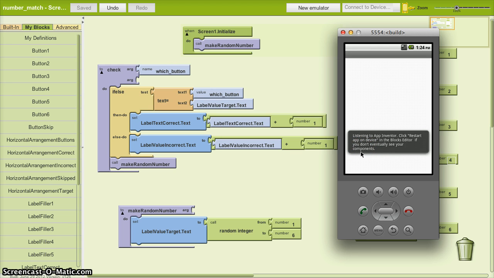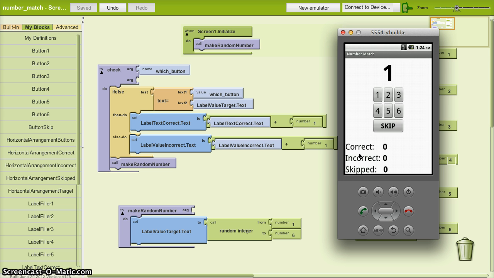And then our app will start up. Okay, there we go. So it's generated a random number. Looks like it's 1. So if we hit 1,